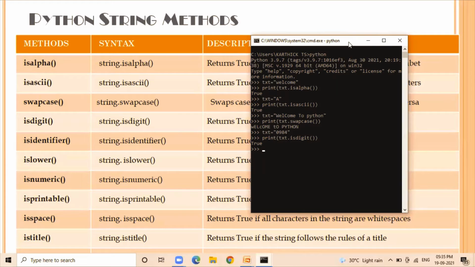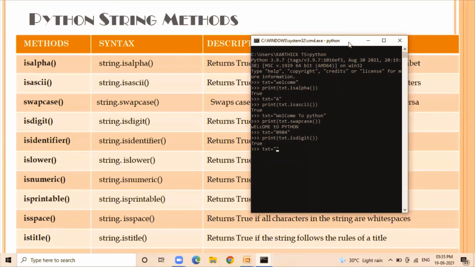To create identifiers, we have to follow certain rules. That is, an identifier should always start with a letter, no number should start, and no space between the two split words of an identifier.